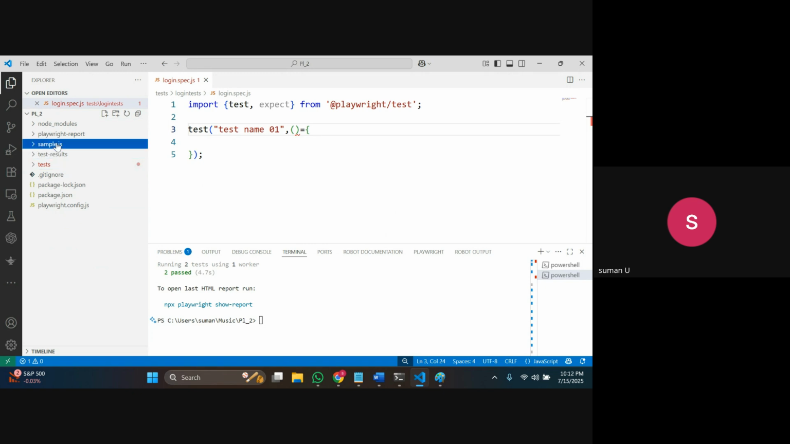So it is a folder, right? So it should not have JS. I am simply saying, examples. Now under this particular folder, I am clicking on plus. Plus means I am trying to create a file. If I click on this, it will create a folder. So I have created a folder with the name examples, and I am creating a file,